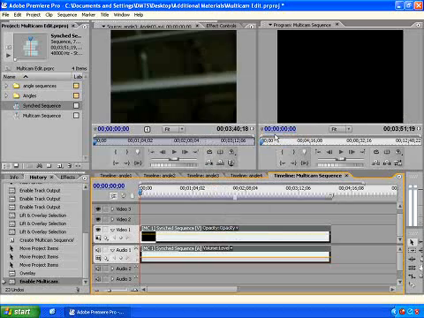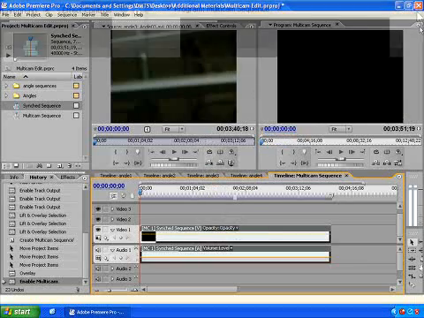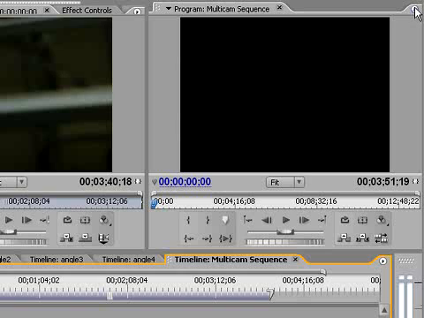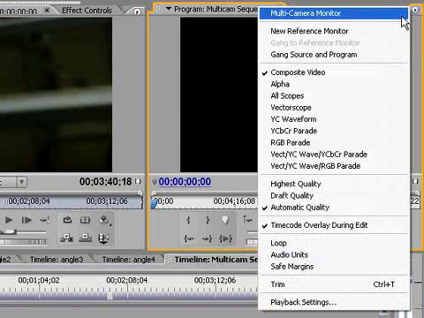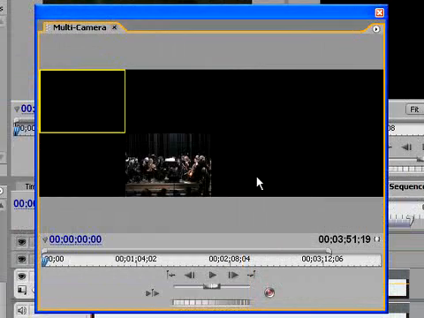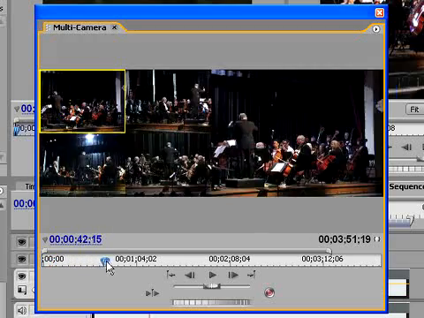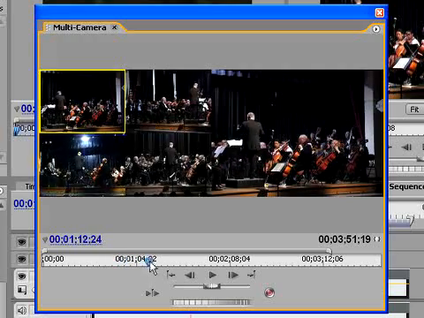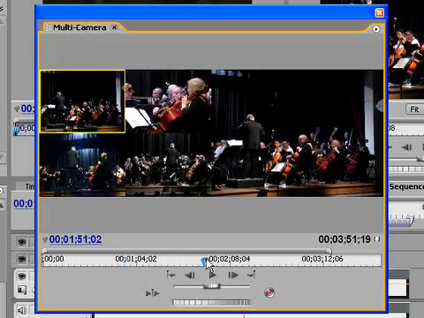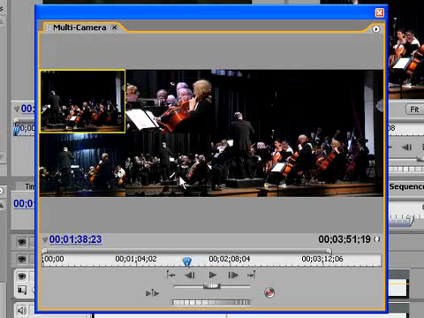Multi-Camera Enable. Now we can go to our multicam monitor in the upper right-hand corner fly-up menu of the program monitor and choose Multicam Monitor, which is at the very top there. So welcome to the Multicam Monitor. What this will give us is the ability to preview all 4 of our tracks as they are nested into the multicam sequence, and simultaneously on the right you'll see the currently chosen first angle as a preview on the